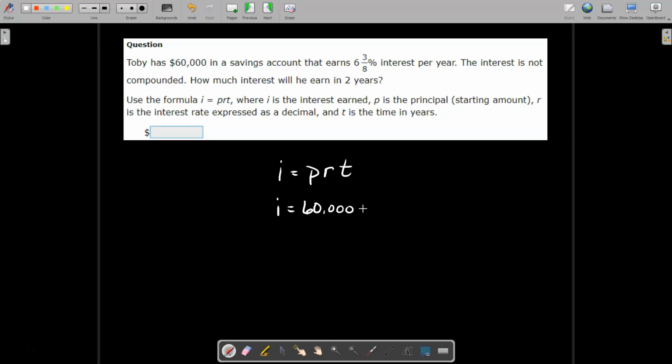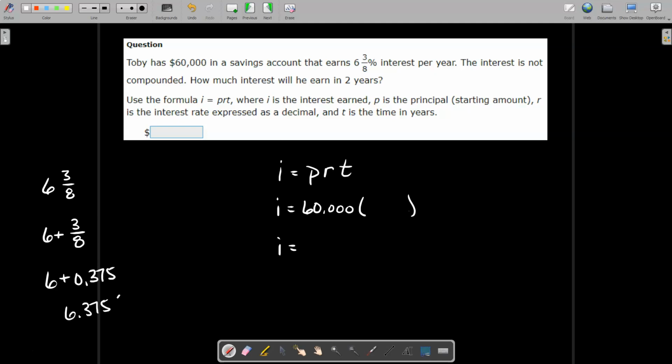And our rate here, the number that needs to go in right here, well, let's think for a moment. 6 3/8 is the same as 6 plus 3/8, right? So we know that we can turn a fraction into a decimal number by dividing the numerator by the denominator. And whenever we do that for 3/8, we get